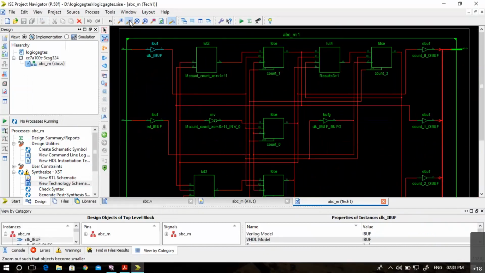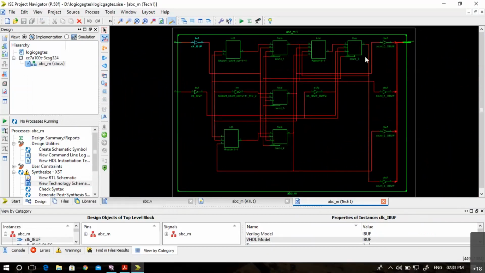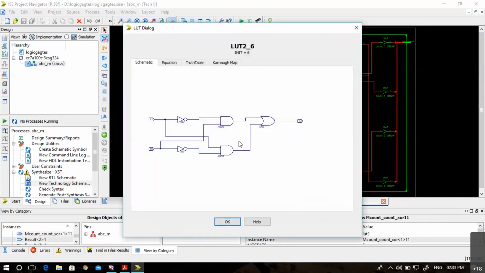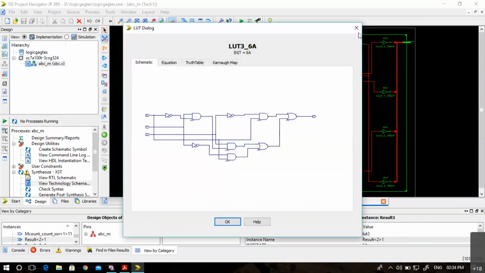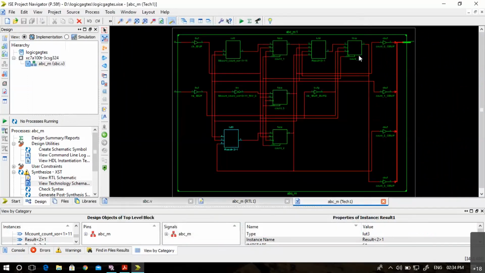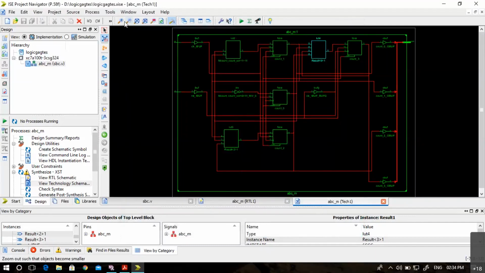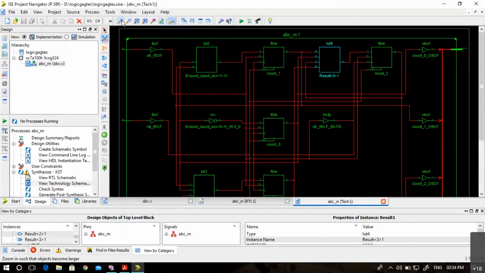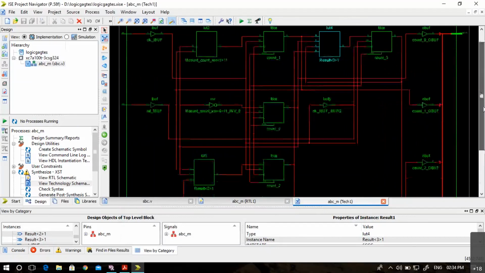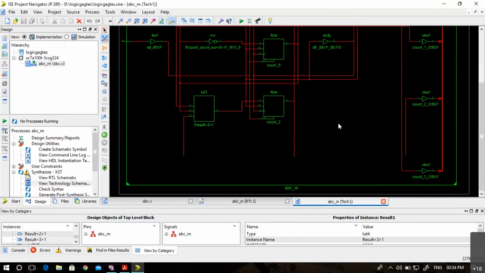So in the technology schematic, now you can see again one flip-flop, one more, and you can see 3 LUTs. In this LUT, you can see again an XOR gate. And in this LUT, you will see some logic circuit. In this LUT also, you will see some logic circuit. But compared to the previous synthesis of the synchronous counter, now here reset is asynchronous.